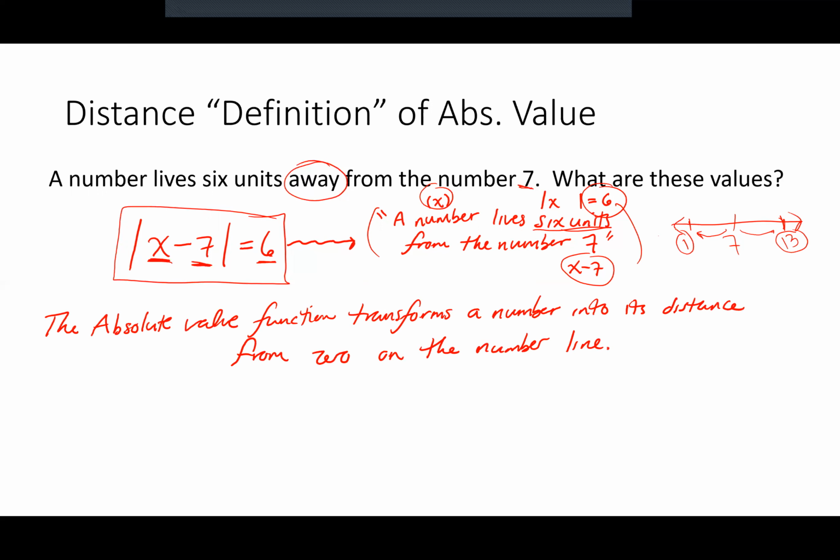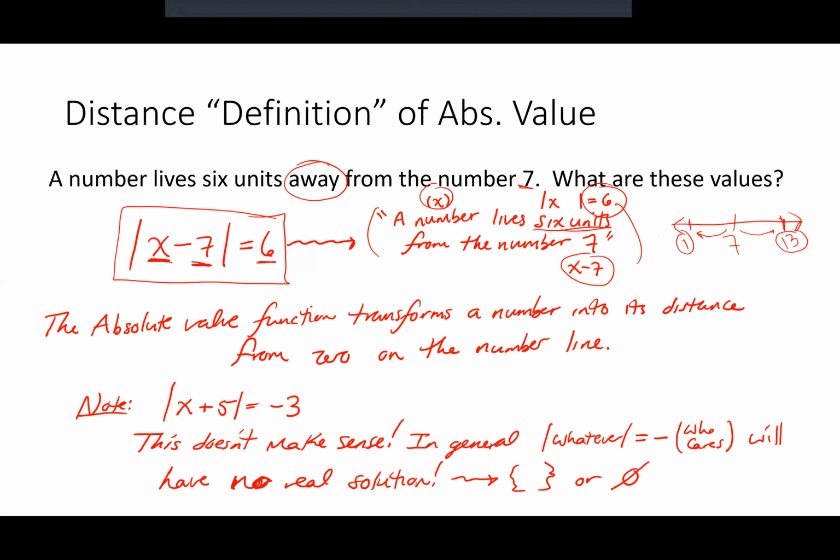The absolute value function transforms a number into its distance from 0 on the number line. So if I say something like the absolute value of x plus 5 is equal to -3, this doesn't make any sense. In general, the absolute value of whatever equaling negative who cares is going to have no real solution, because of what I'm saying here, if I think of it like this,